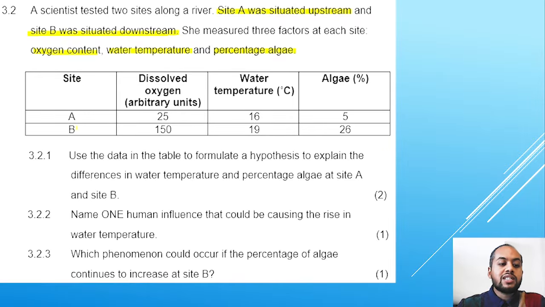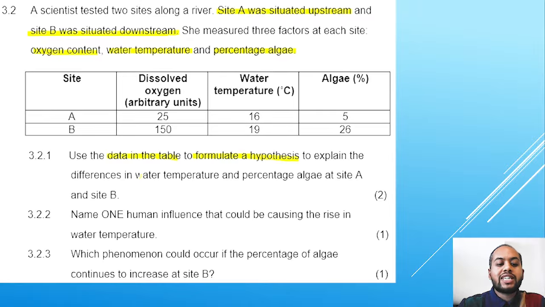If we look at the sites in the table, you have site A and site B. You have your dissolved oxygen in arbitrary units, water temperature in degrees Celsius, and then you have your algae as a percentage. You can see that the values in the table are different if you compare site A with site B. If we look at question 3.2.1, it says use the data in the table to formulate a